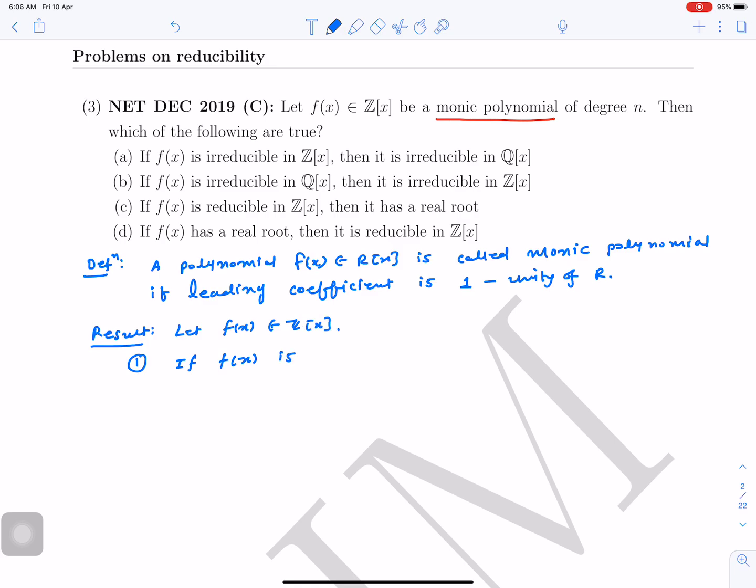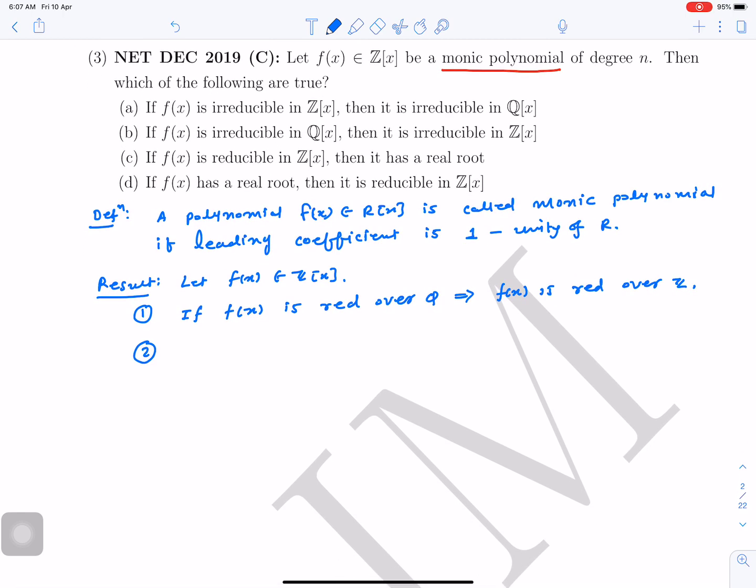If f(x) is reducible over Q, implies f(x) is reducible over Z. This is the result. But the second result says that f(x) belongs to Z[x] is already taken, but if we give one more condition on f(x), that is, if f(x) is a monic polynomial,